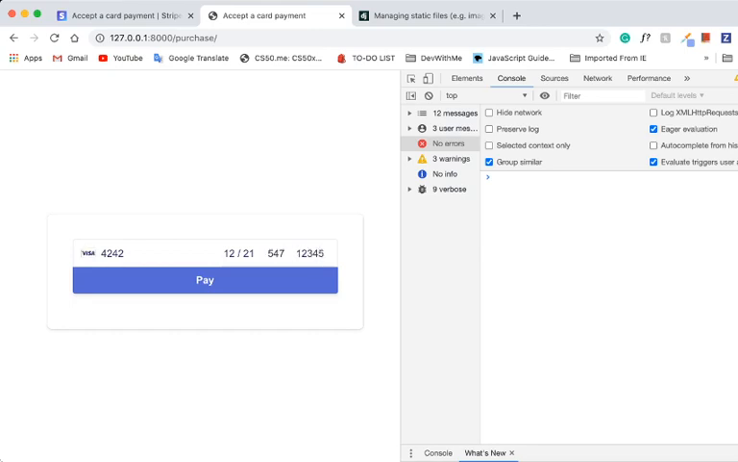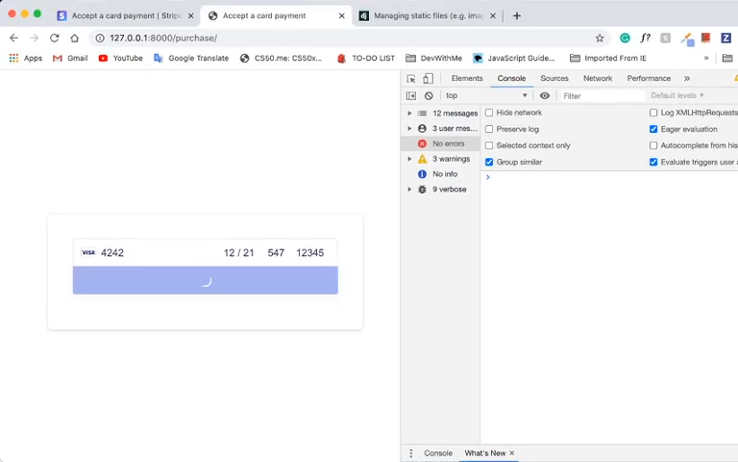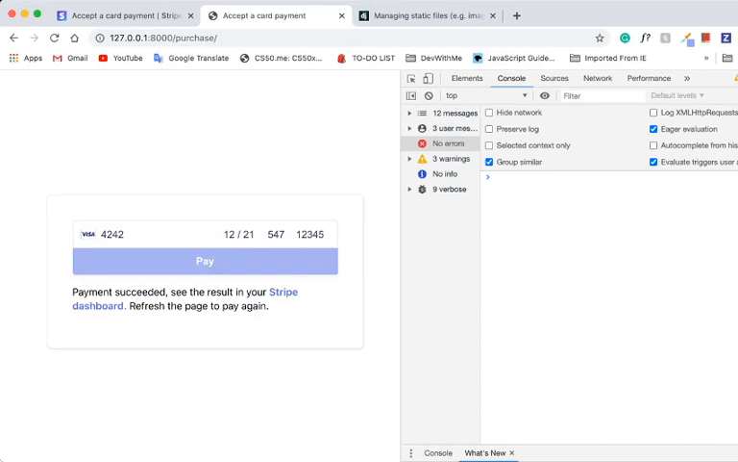Let's click on pay. Payment succeeded. Refresh this page to pay again. Okay, so I might as well just display a message saying thank you for paying. And then